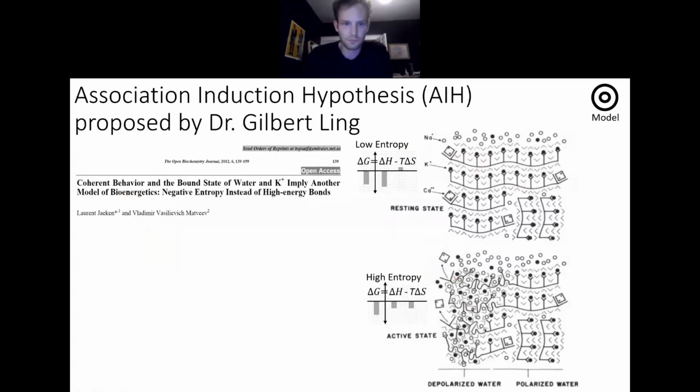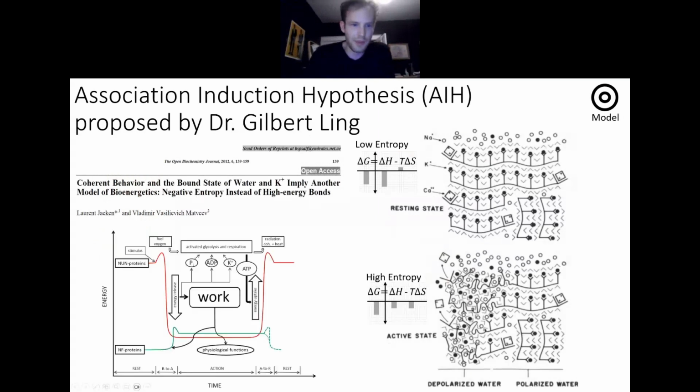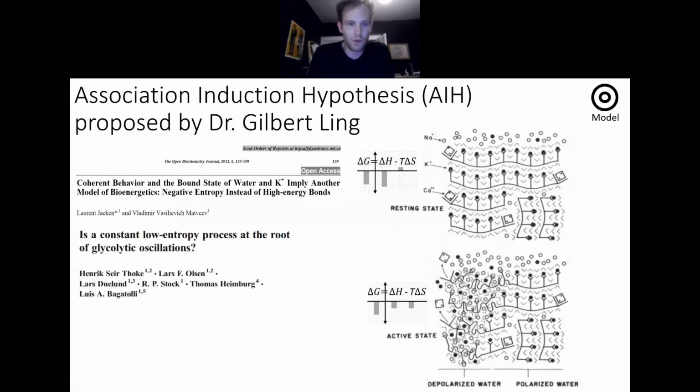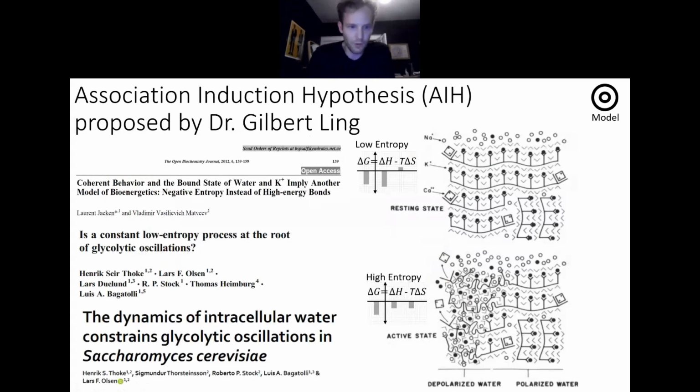And this idea is very, very small, but talked about in some other papers, where they again pose this resting, highly organized state, and then this work cycle where you decrease order, and then you spend energy to go back to this highly ordered state. And this is what that yeast group was working off of to find these oscillations in yeast, where